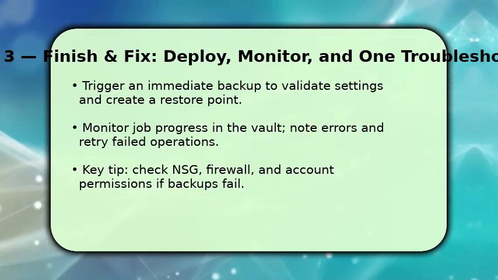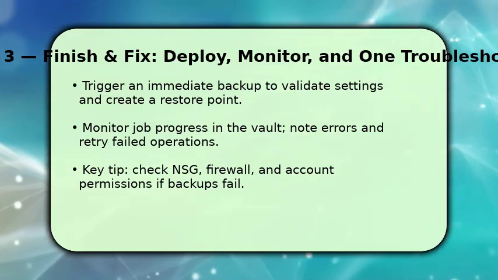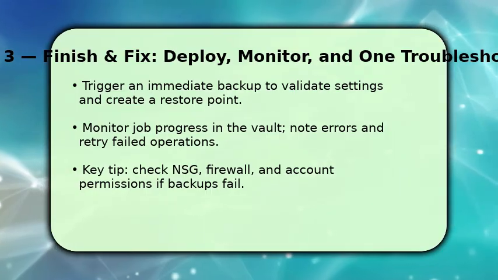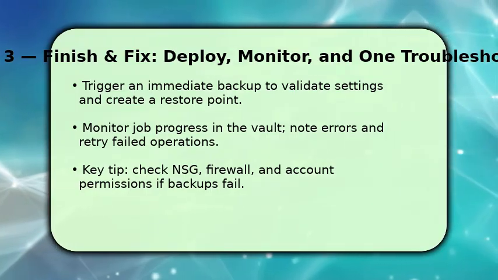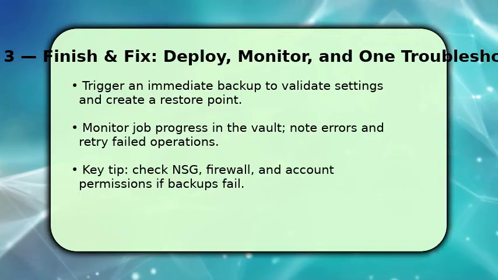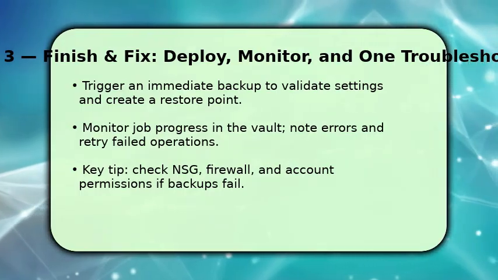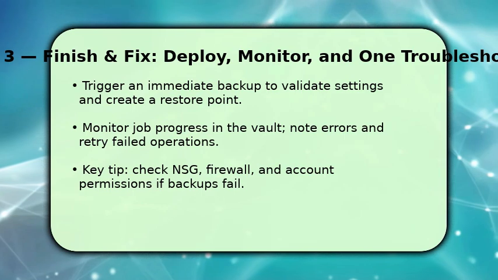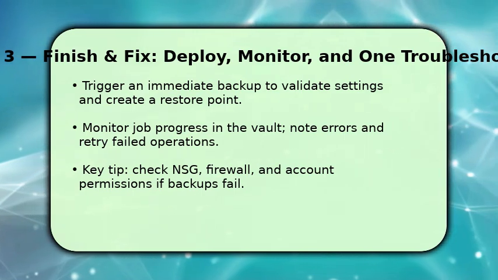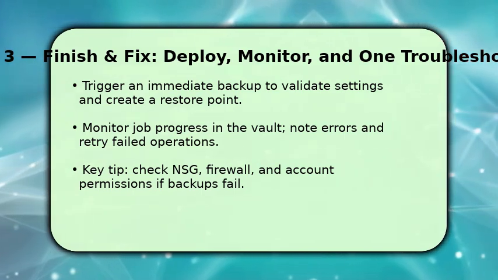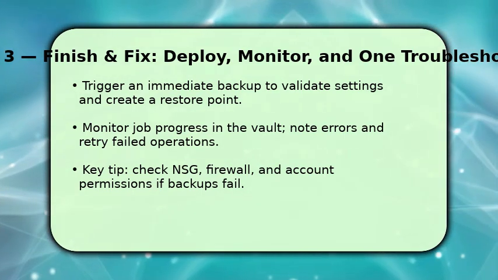If the job fails, retry after addressing common blockers. Network security group rules, firewall or proxy restrictions, and insufficient permissions are usual culprits. Make sure the Vault and VM are in supported regions and that storage redundancy is available. Once successful, schedule periodic reviews of retention and